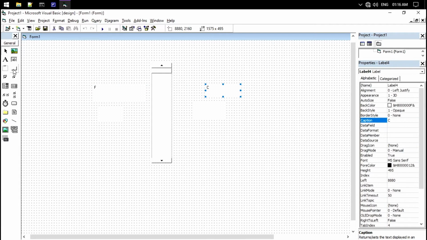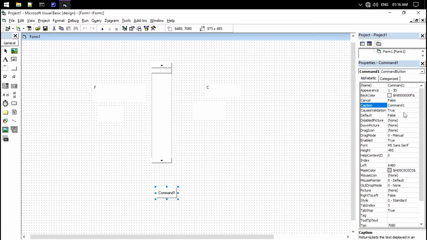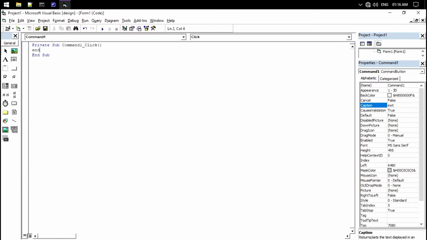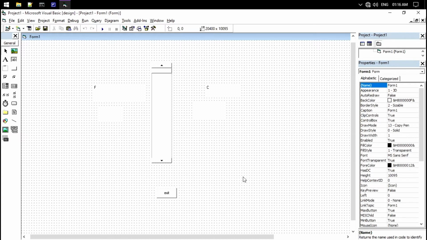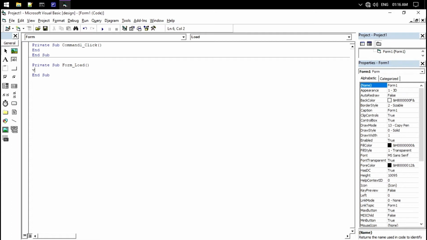Okay, we have an exit button here also. Exit. And okay, so all the coding will be either here or here. So just double click on the form and write